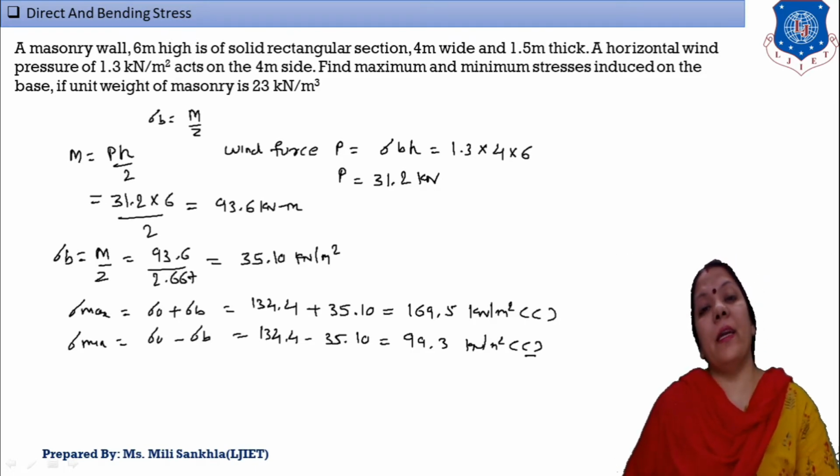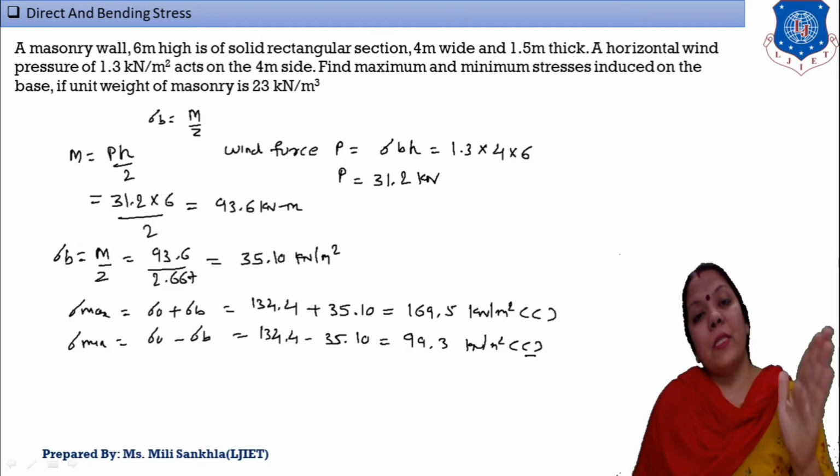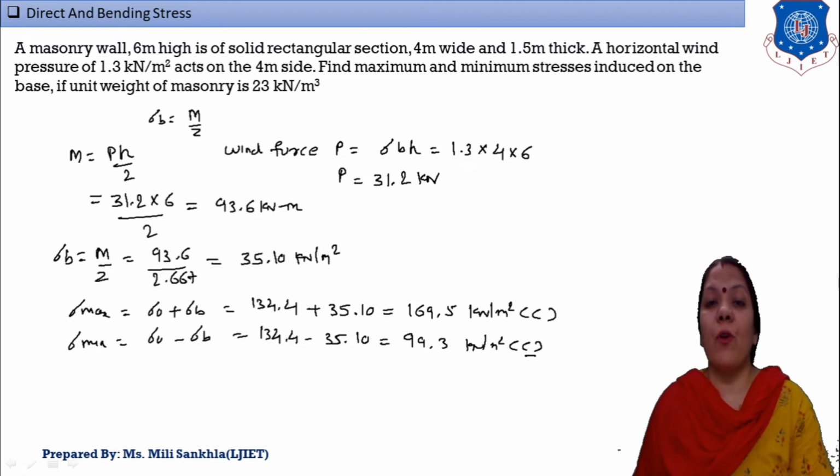In this rectangle chimney, first of all we find direct stress, then bending stress, and then at last we find sigma max and sigma minimum. For a rectangle chimney we take care that the wind force acts along the width B, so our equation of section modulus Z will change. We find the section modulus with respect to the y-axis, and that is BD square by 6 for this case of chimney. Now we read the data of the next example.